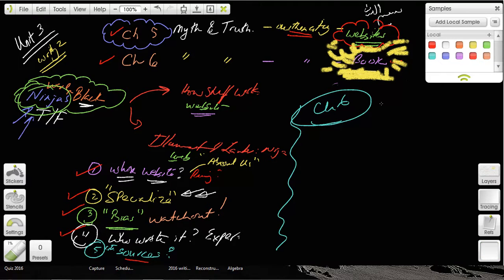So the first thing is, how do you go about finding the book that you're looking for? You go to the library. You don't physically have to go to the library. You can go to the library's website, and the website usually has access to the catalog. In other words, you can search what's inside the library without actually going inside the library.